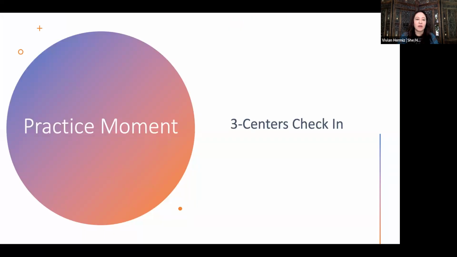So I thought we would start our practice with the 3 centers check-in. This will be a relatively brief practice where you can take into your day and check into the state of your mind, the state of your feelings, as well as how your body feels. We're going to do it for a couple of minutes, but as you're moving through your workday, you can actually do 3 centers check-in micro steps, micro hits, and practice them at your own leisure